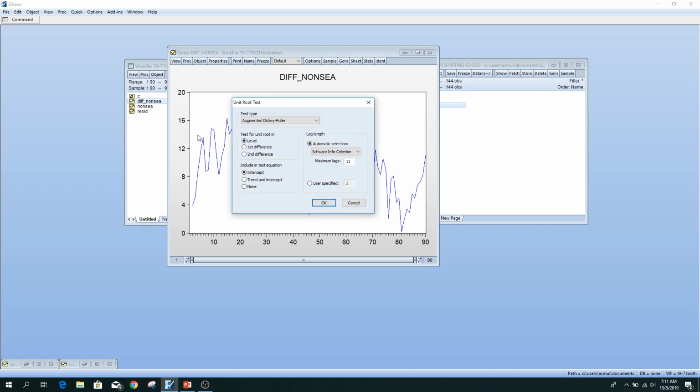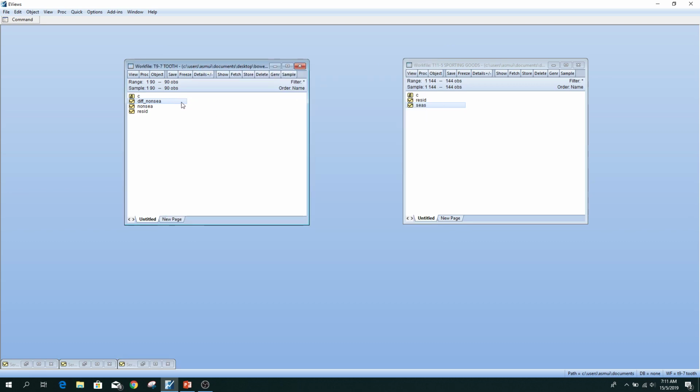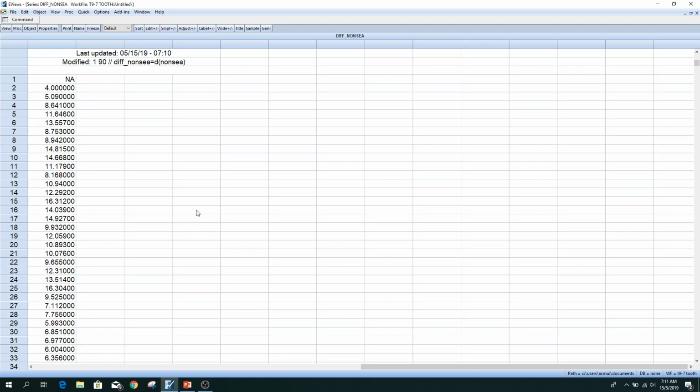Okay, so unit root test, this is ADF, right? So click OK. We want to reject the null hypothesis to say that our data series does not have a unit root. It means that when you reject the null hypothesis, our data series is actually stationary based on the ADF test. It seems that the stationary requirement for this data set is fulfilled, but